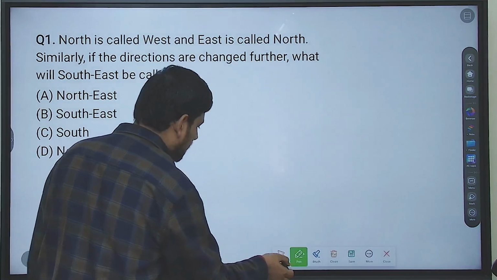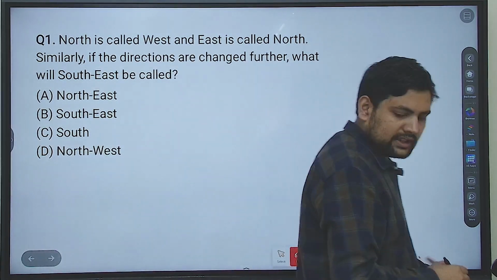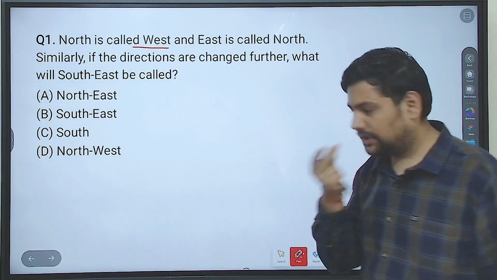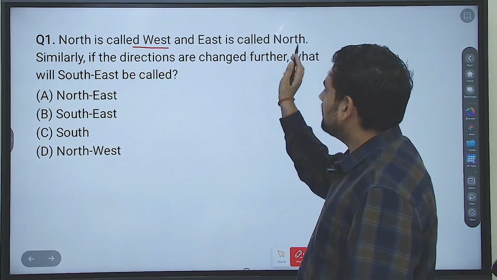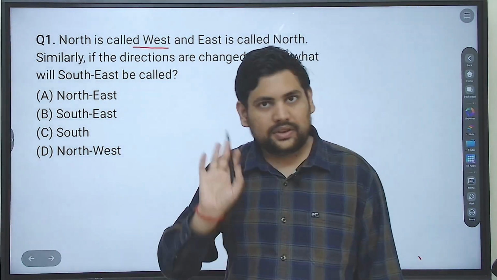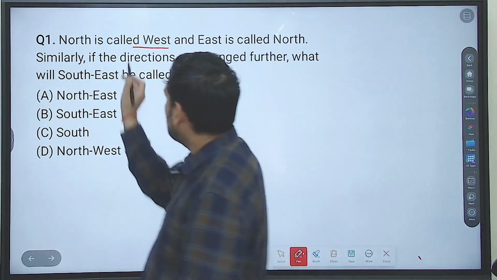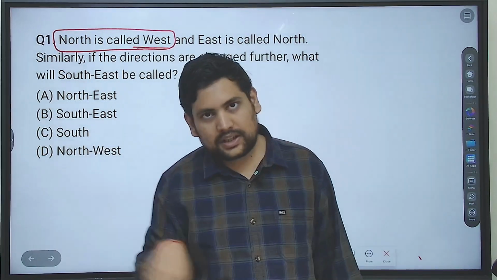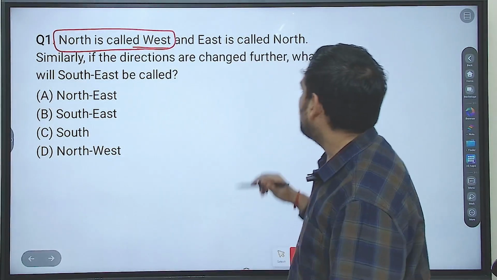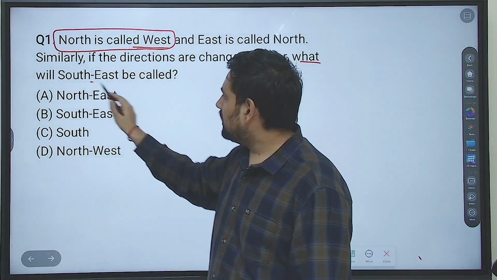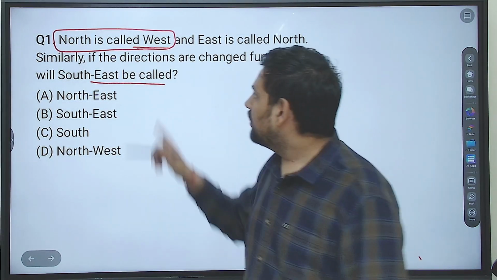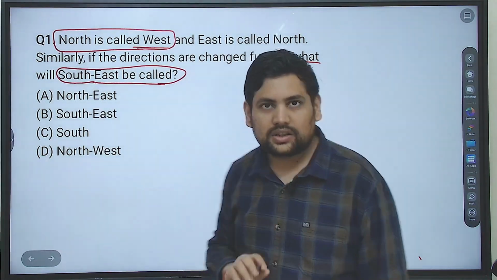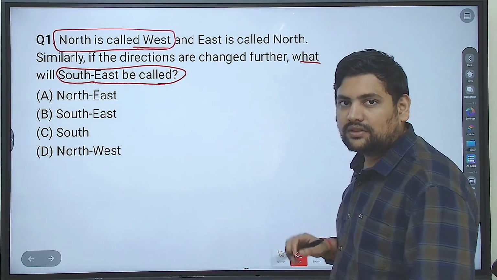So what it says, this says if north is called west, and east is called north. Now it does not matter, we will only focus on the first one, that is if north is called west. This only will give us the angle by which this entire thing is getting rotated. Then what will southeast be called? So if north is called west, southeast will be called what? This is the question. Now how do you do this? North is called west, so